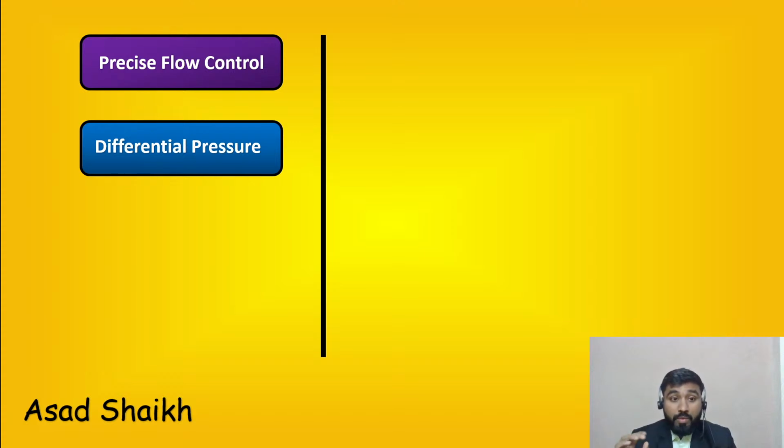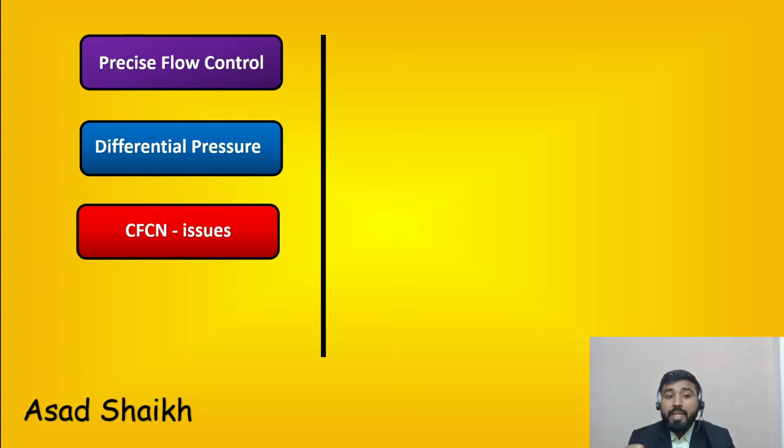If you want to do control valves, differential pressure, or the pressure drop across the valve, is going to be your number one characteristic that will help you understand which valve, which trim, in control valve sizing, in selecting the correct CV. For everything, your DP becomes extremely important. So this is what we have to pay very close attention to. How much is the differential pressure? Is it less, for example 5 bar, 2 bar, or is it 50 bar, 100 bar of pressure? As the pressure changes, your selection has to definitely reflect that.